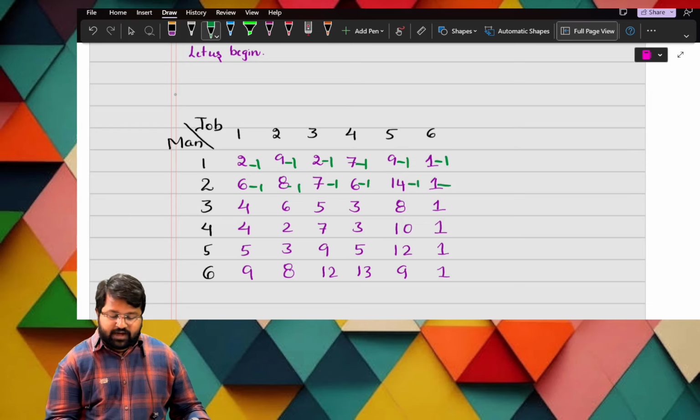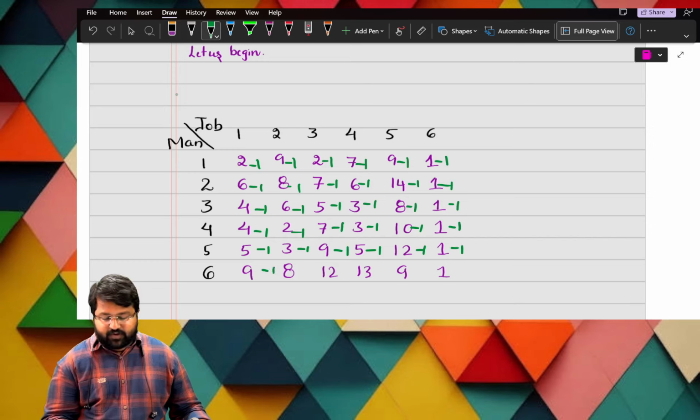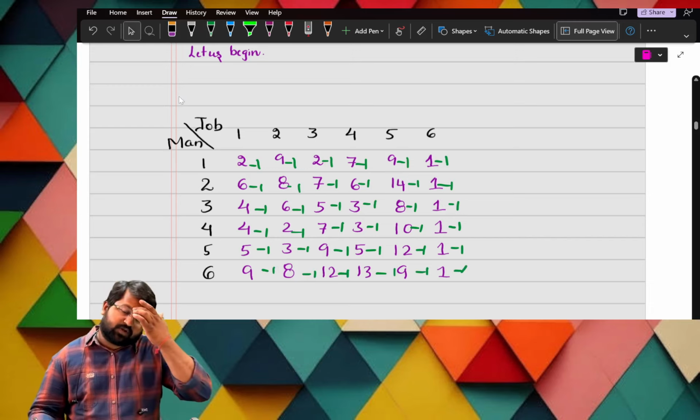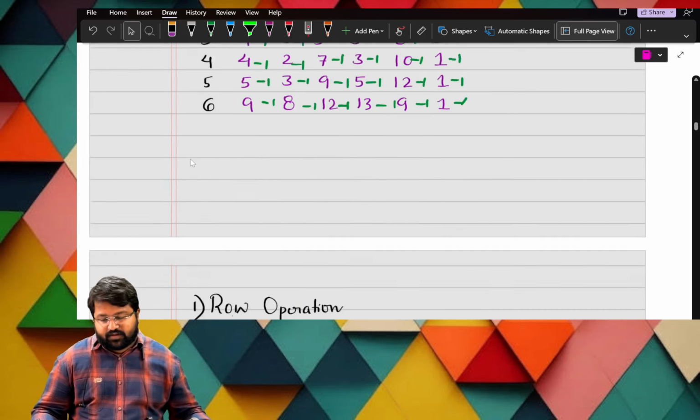I will deduct and I will form a new matrix. That will be my end product of the row operation. Okay, now I have to write like this. So we have identified the least number and we are deducting that one. So till here you do it fast, as fast as possible. Identified and deducted. So what will then result?